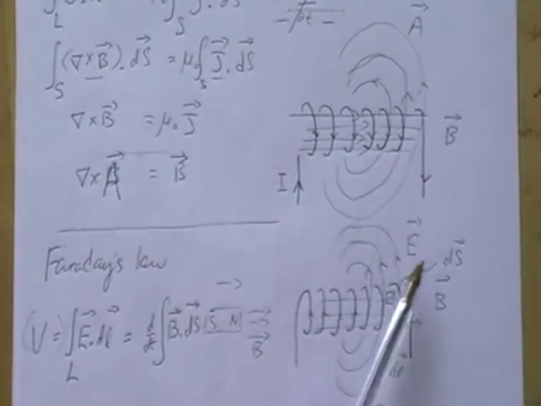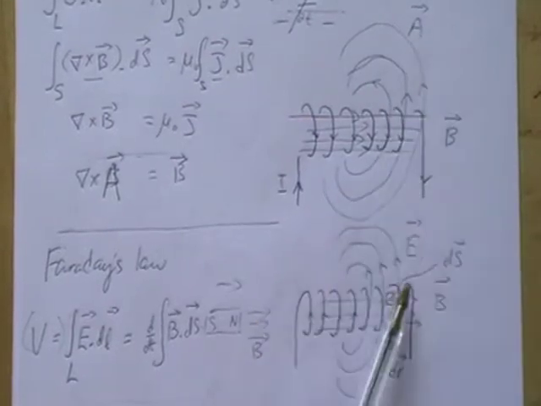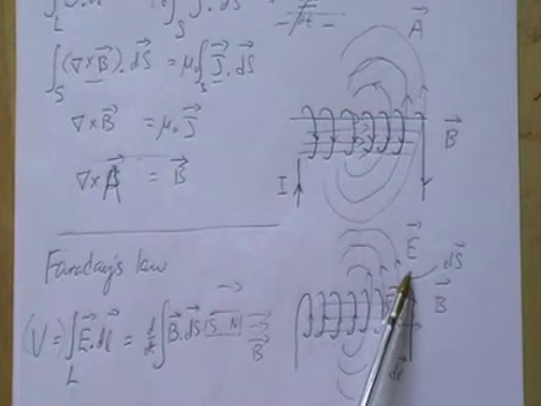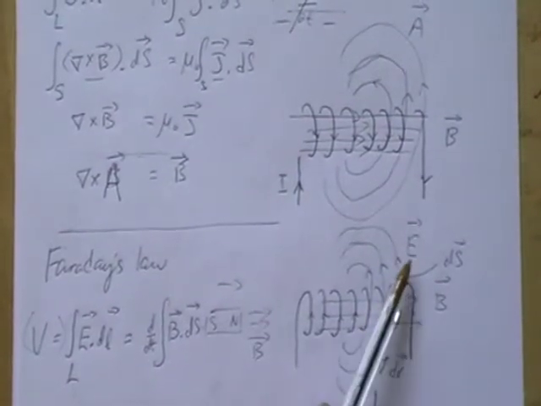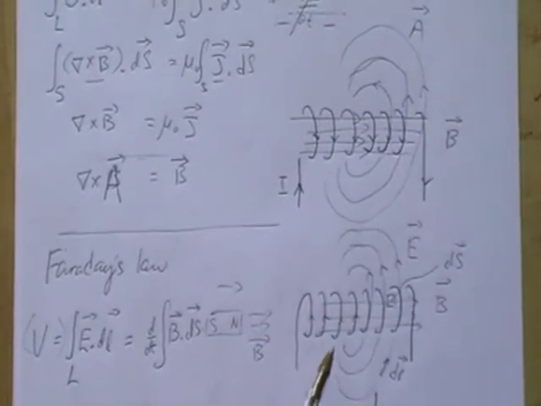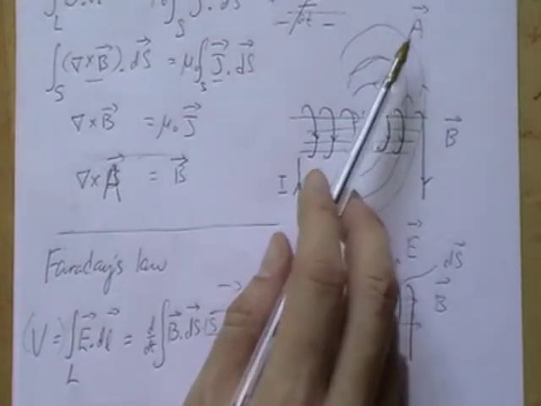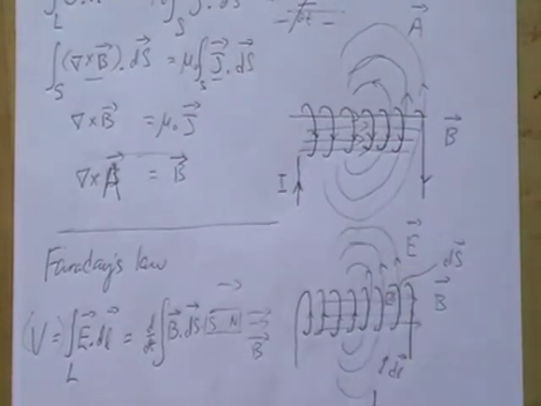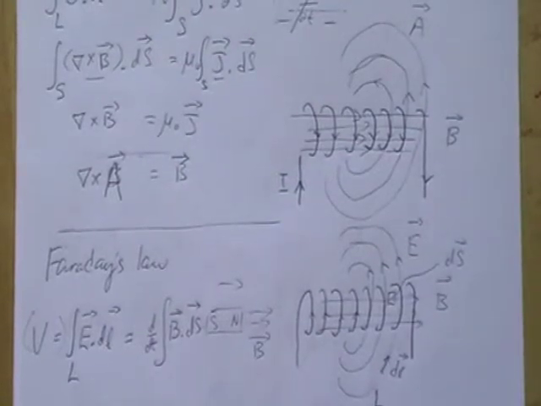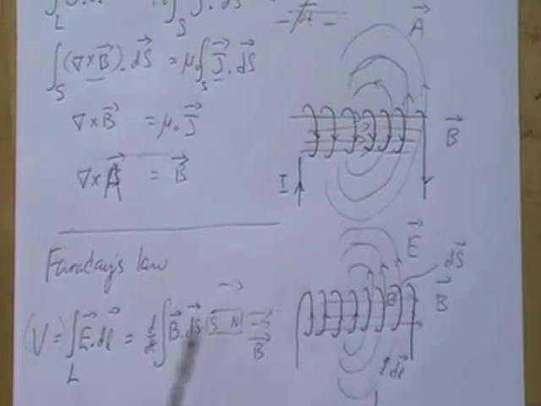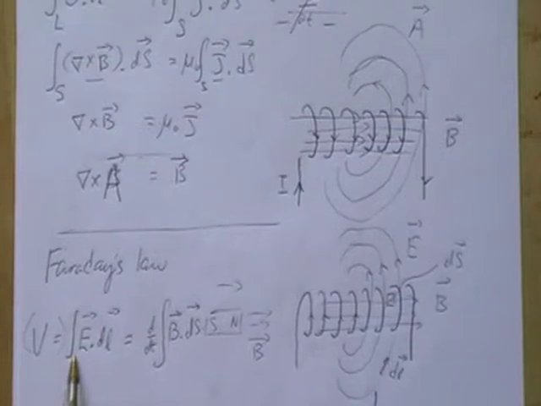A corresponds to E, and this similarity means that we can try and look for a connection between the vector potential and the electric field. And we can find this connection by making use of these two equations, this one and